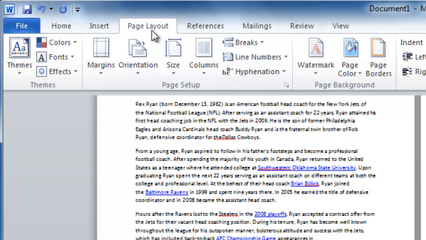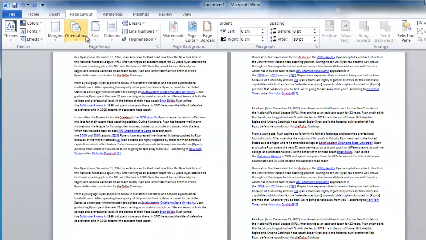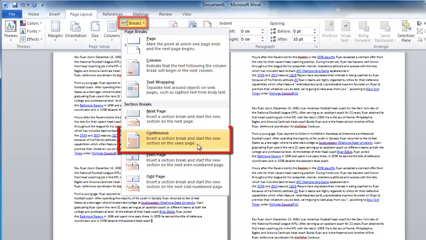Normally, Word will change the layout of the whole document when you change a setting. In order to prevent this, you need to use something called section breaks. In this example, we are just wanting to change the layout of the front page. In order to separate the layout of this page from the rest of the document, click at the end of the last sentence of the page, then click on Breaks, then click on the Continuous option in the menu that